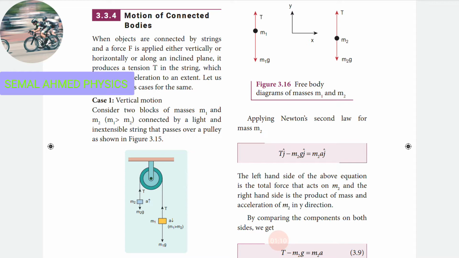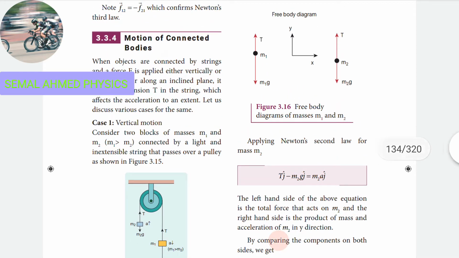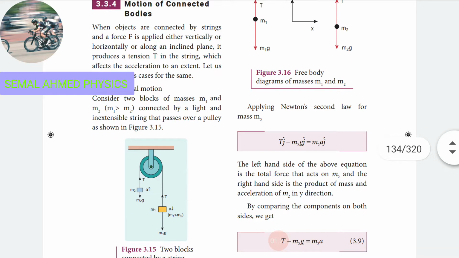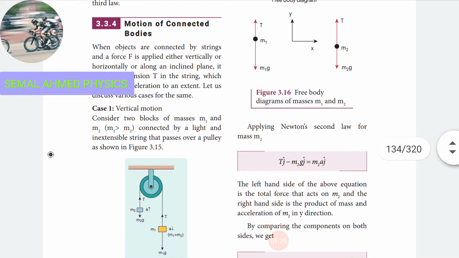On mass m1 two forces are acting, according to Newton's third law of motion: action is equal and opposite to reaction. Here you can look at the action: mass m1 acts with two forces, m1 g as the downward force and T as the upward force. Here T is nothing but the tension. Tension is the force in the direction of the contact point.